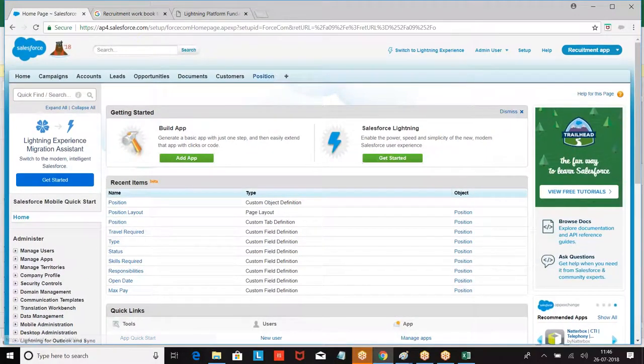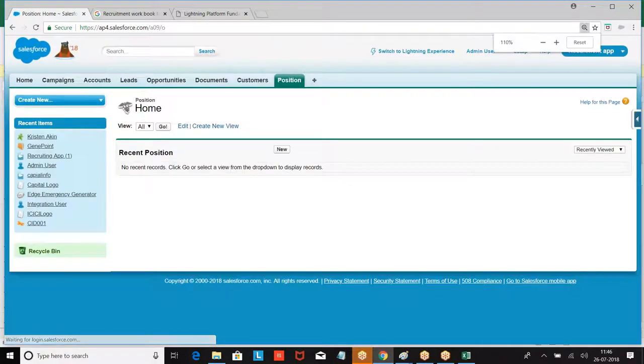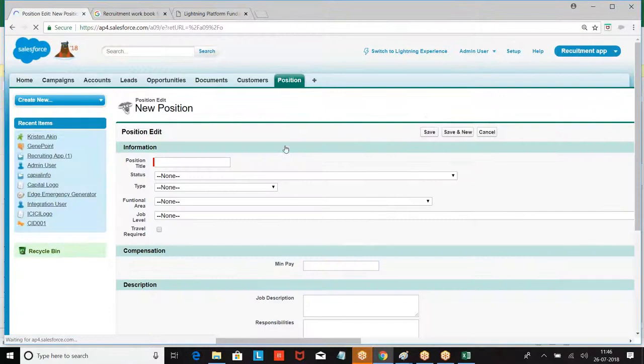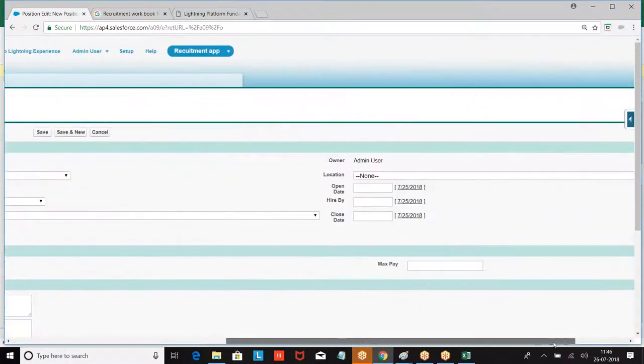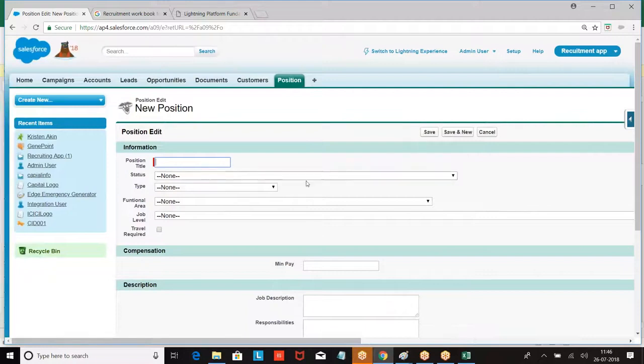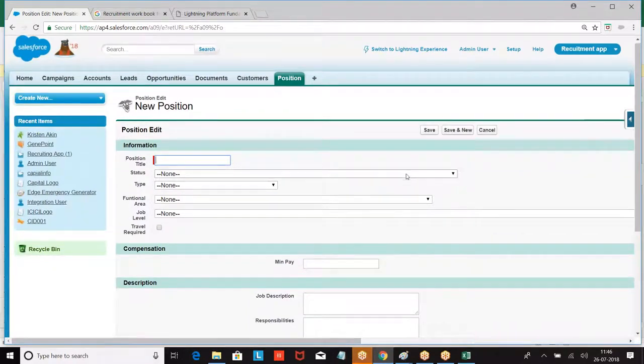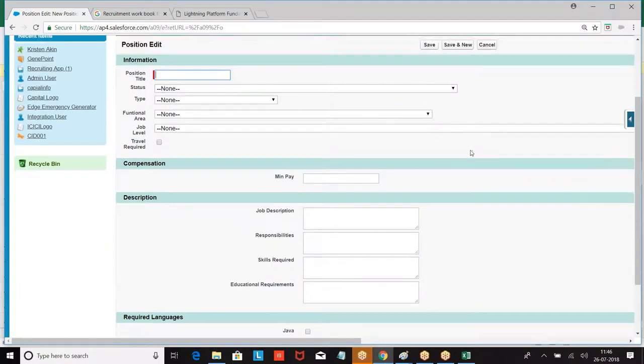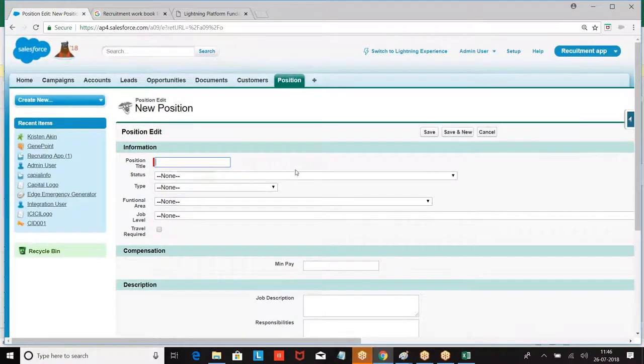Now go back to the page, click on position. Now, okay, look at this. As you are not mentioning the length in the schema builder, what is the data that is taken?